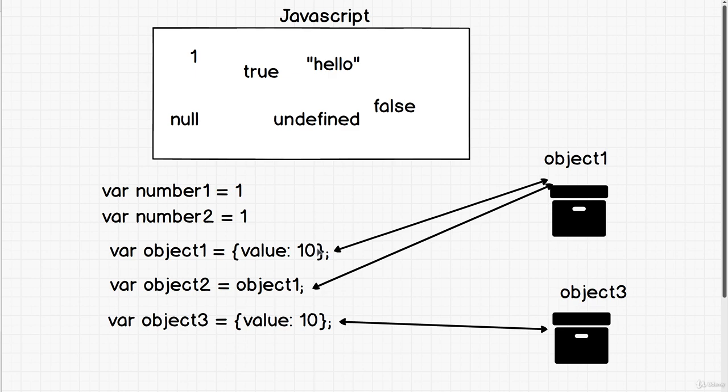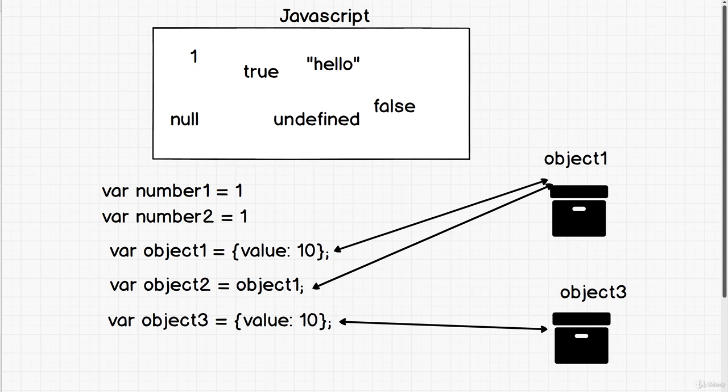So what we said was, I want object1, create a new object. We'll say this box over here, this filing cabinet, and in it, put value 10 into this box. Object 2 says, I want you to just reference, and that's where the word comes from, reference object 1, saying, hey, I want whatever's inside this box. When object 3 gets created, it's a new object because we have the new brackets, and it's saying put value